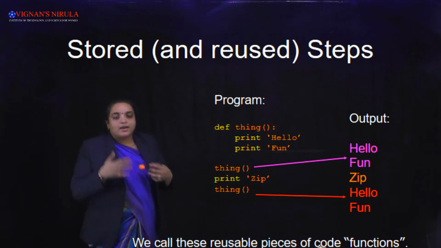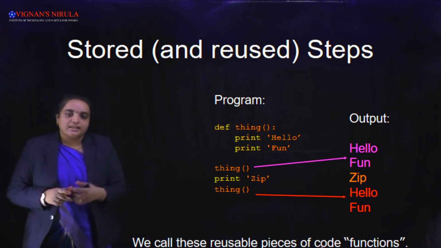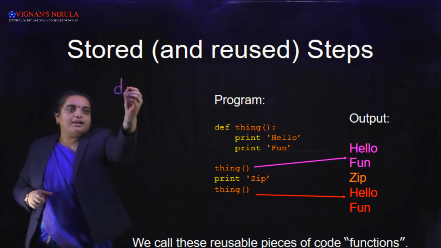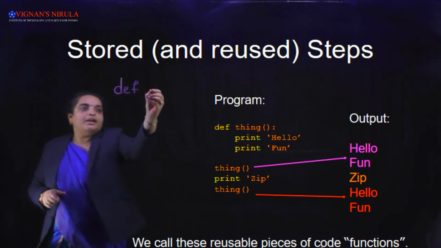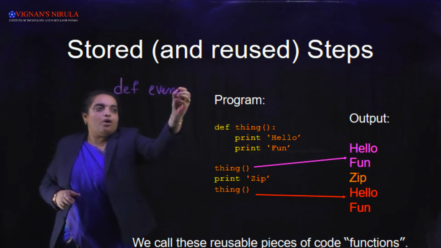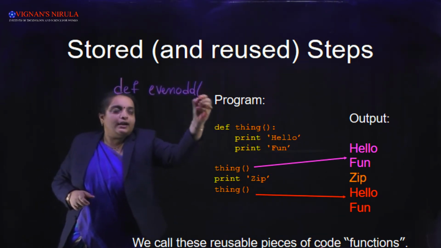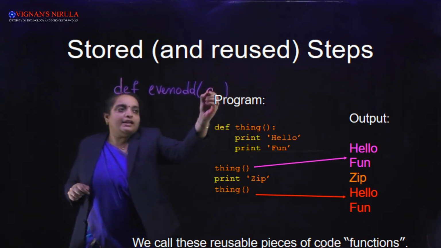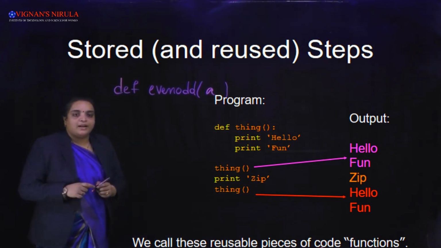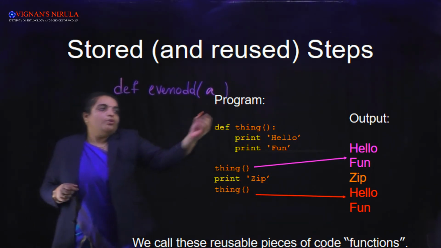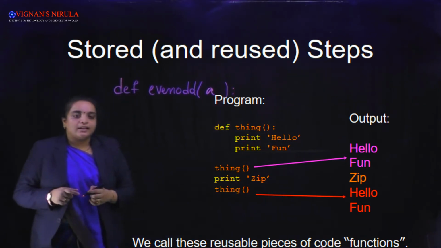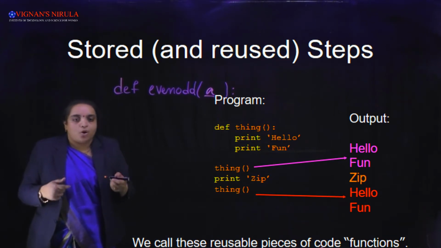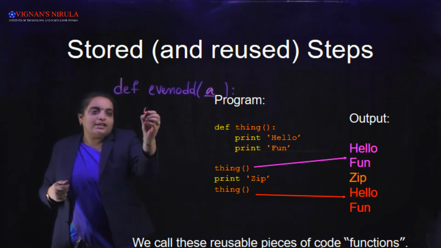Okay, let us see with another example. Let us see this with a small example. So let us define a function, that is, define an even odd function. In this function I am supplying one parameter as input, that is a. Then what we have to do? We have to check whether the number given to the function is an even number or an odd number. We will check this with this.